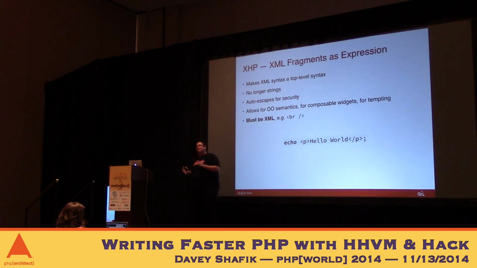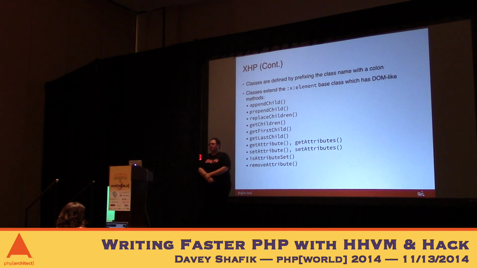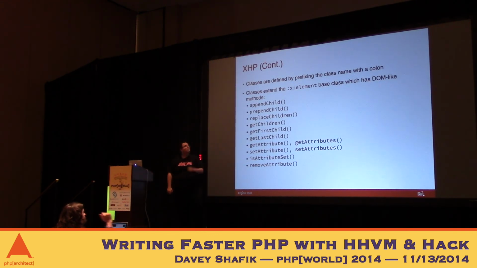That PHP would probably error, but if not, it would be an undefined constant, assuming the string, right? That's best case. But in this case, this P actually references a class on the back end that accepts strings as part of its body and knows to escape them. So as I mentioned, it's fully object-oriented. It's very similar to the DOM, again, trying to make sure that your workflow isn't impacted. Classes are defined by prefixing them with a colon, which looks really weird, but it allows you to differentiate. And this is exactly how the Xhp extension for PHP works as well.